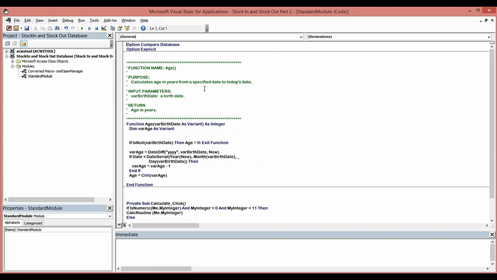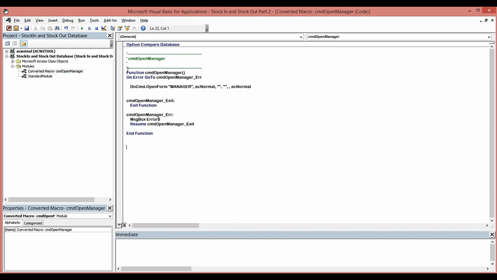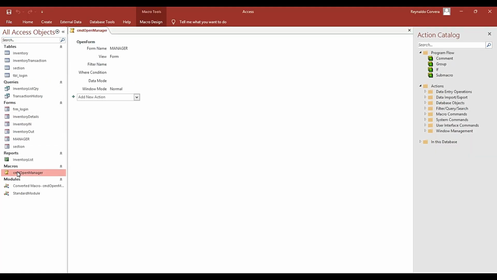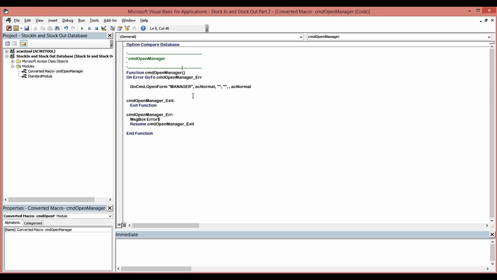So automatically the name of our macro still exists here. This is the name of the macro and the converted macro in VBE. If we double click this one, this is the VBE that we created or generated from this macro. And here it now creates the module. So before, the name of the macro was CMD open manager. Now it becomes a function